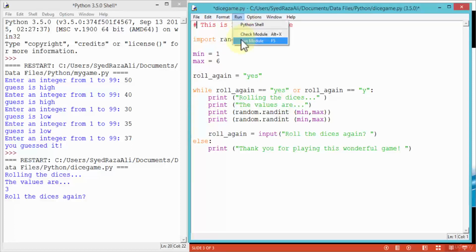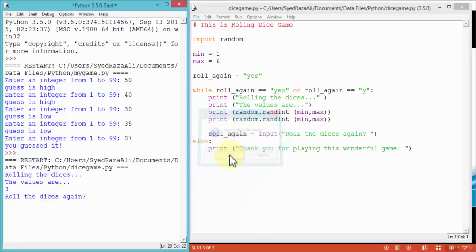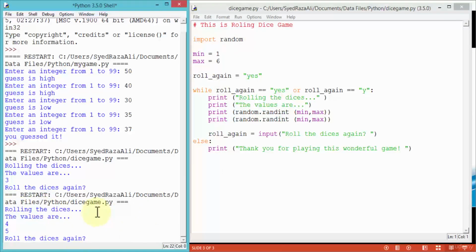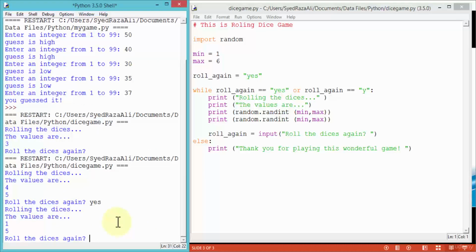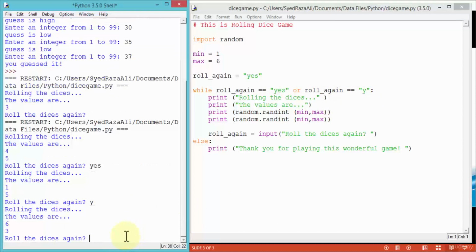Let's run this again. Run module. Click OK. And this time Python says rolling the dices, the values are 4 and 5. Roll the dices again. If I say yes, Python gives me a couple of more values, 1 and 5. Roll the dices again. Even if I say yes or just the letter Y, and the reason why is because I've told Python that either I can use yes or I can say Y. So roll the dices again, letter Y. Python is going to roll the dice again, and I'm going to get a new set of numbers